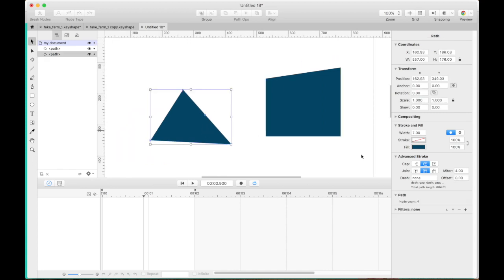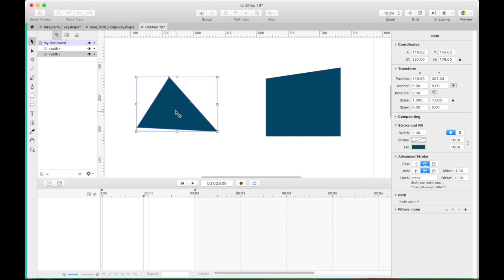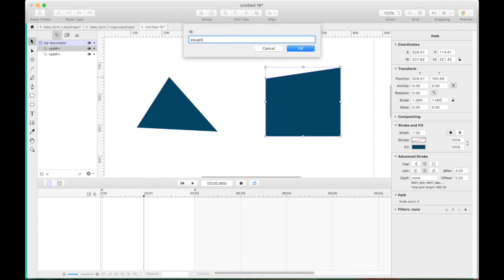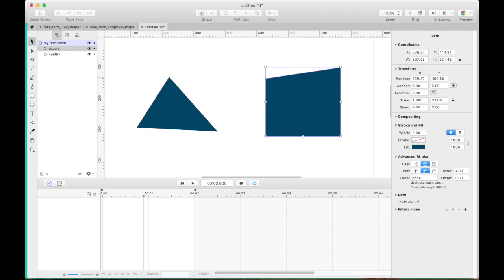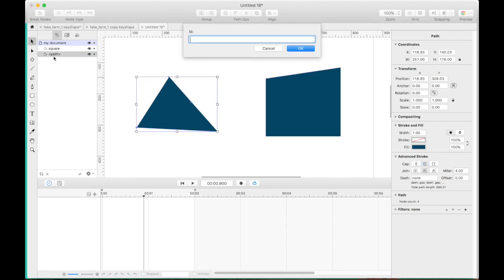But this now has the same number of nodes, and so this is the parent triangle, or the origin shape, and then here's the shape that we want to turn into. So the way it works is I'm going to go ahead and name these so I can keep track.